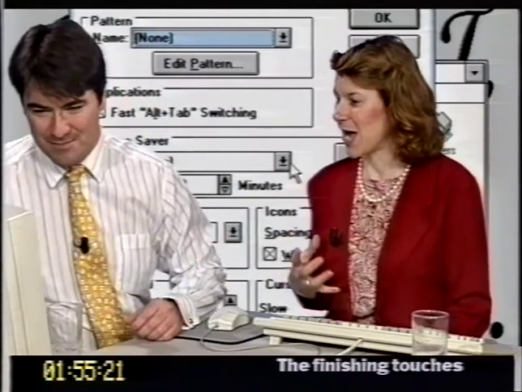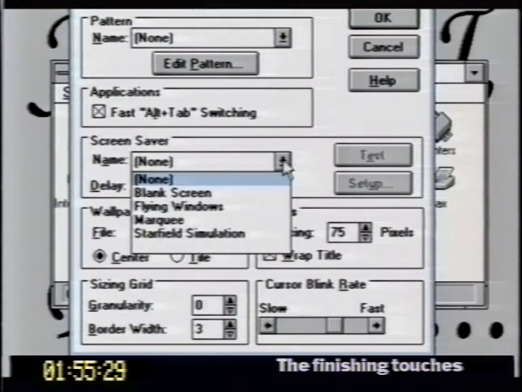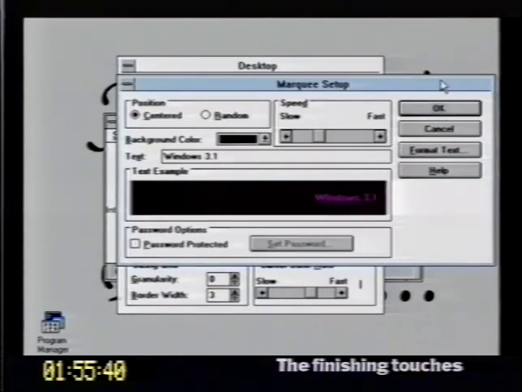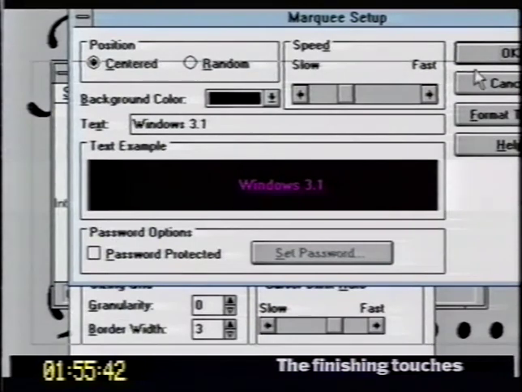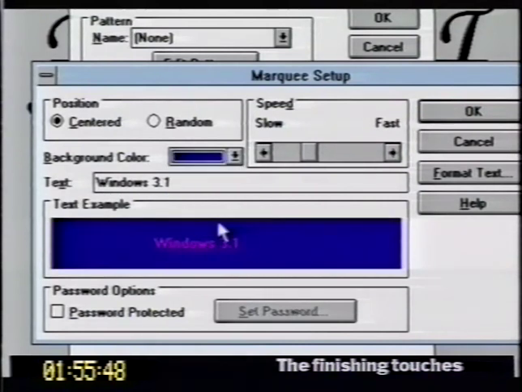So you might want to have a message set up to say to people back at 2 o'clock or something like that. So let's click on the down-facing arrow. Now, to get the message that we want to show, you need to select Marquee. And now we want to choose to set that up. So click on the Setup button. Now you can see we have a default colour scheme set up here. We might not want to have black as the background. We might want to have blue. That's better. We then would